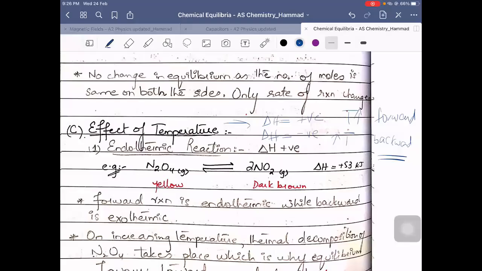The reason being, an exothermic reaction is already giving out heat. According to Le Chatelier's principle, if you are increasing the temperature, the system should nullify the effect. So if it's already giving out heat, it tends to move the equilibrium in the backward direction after an increase in temperature, so as to nullify or remove the change. So in this example,